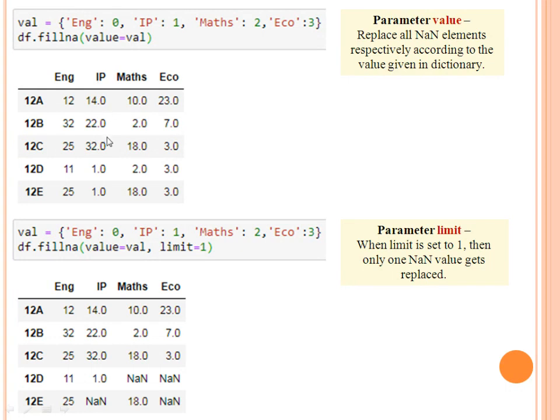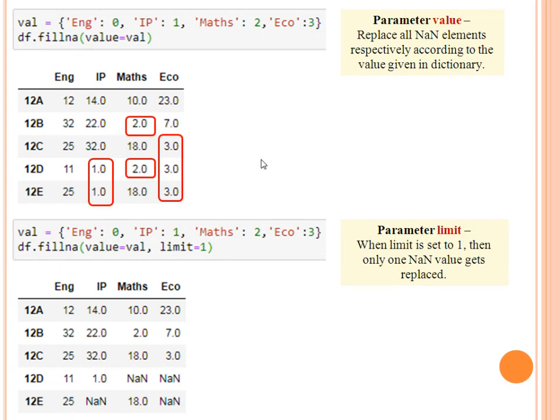See here in the data frame, in the output, what happens? No missing value in English, sorry. Next is IP. The missing values are replaced by 1, of course. Maths, the missing values are replaced by 2. Eco, all the missing values are replaced by 3. Clear? So this is how we can replace the missing values.